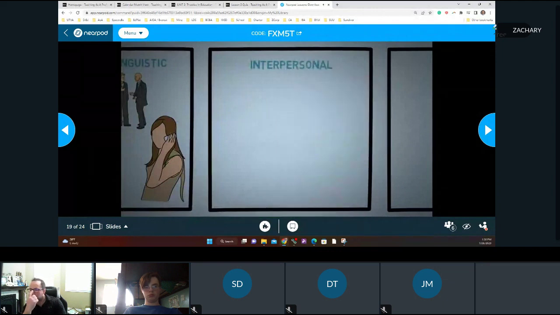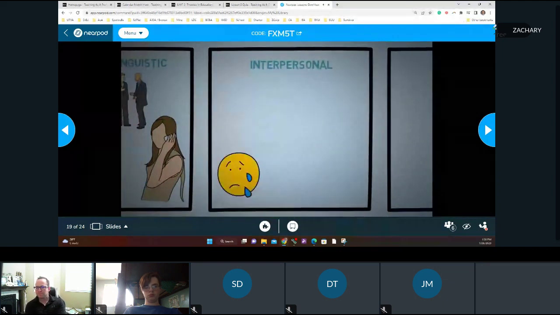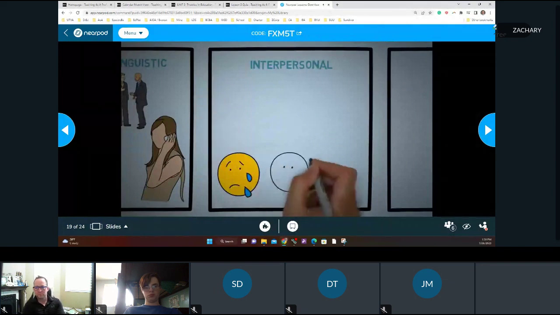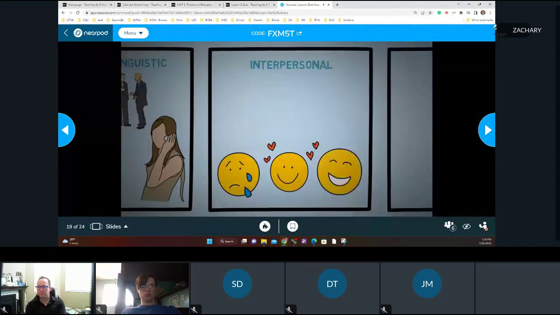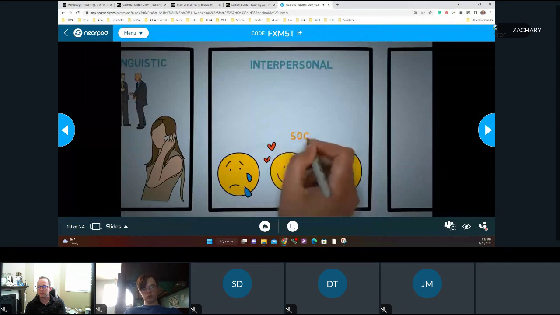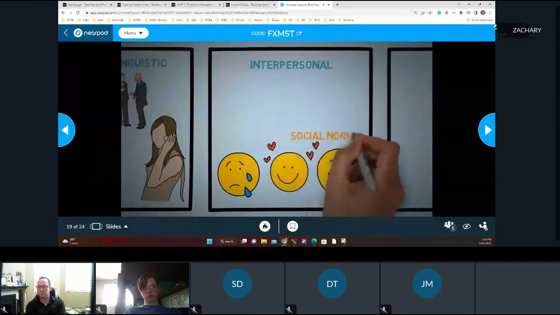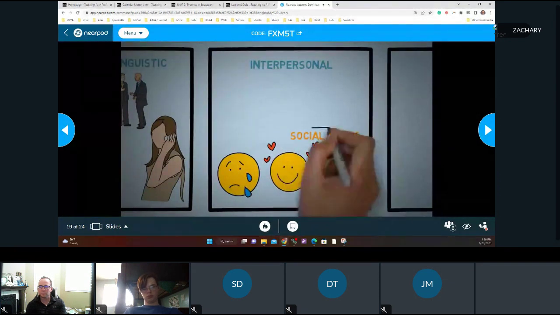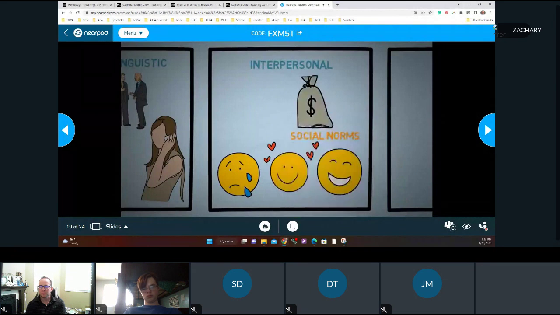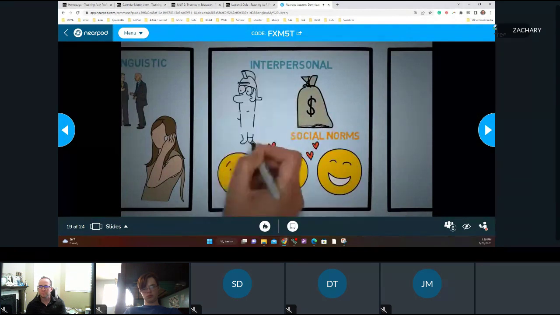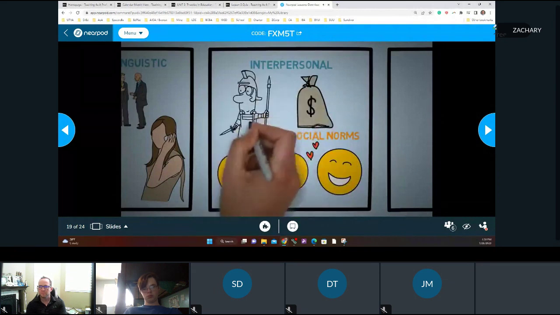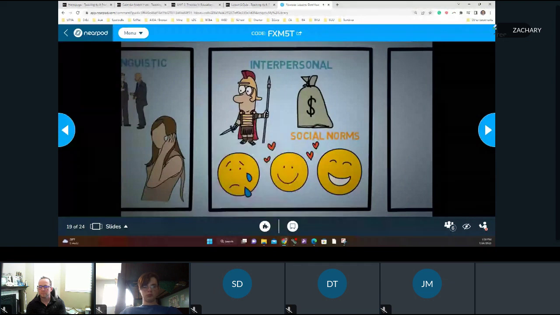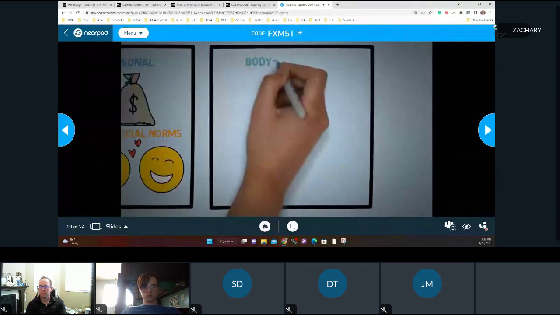The third is interpersonal. Interpersonal intelligence would be like understanding other people's emotions, understanding what the social etiquette and norms are of this situation. You have to be good at reception to other people's moods and what motivates them. If you are a business administrator and you're good at motivating someone, you probably have pretty high interpersonal intelligence. If you're a good leader or just a manager in general, and you can coordinate work with other people, you are probably really intelligent in this interpersonal field.